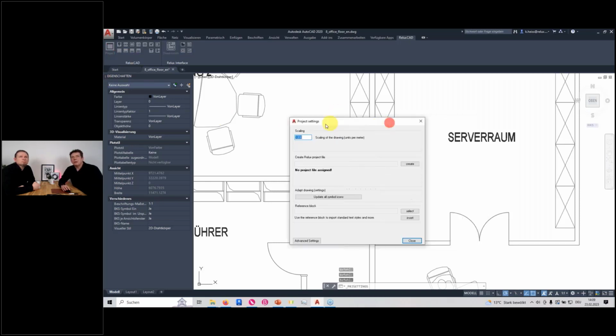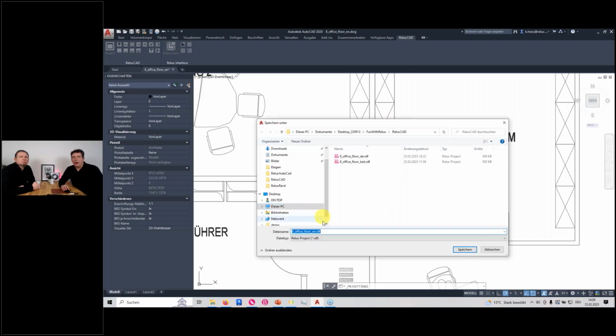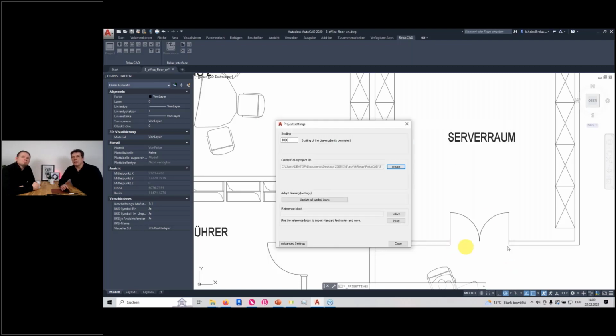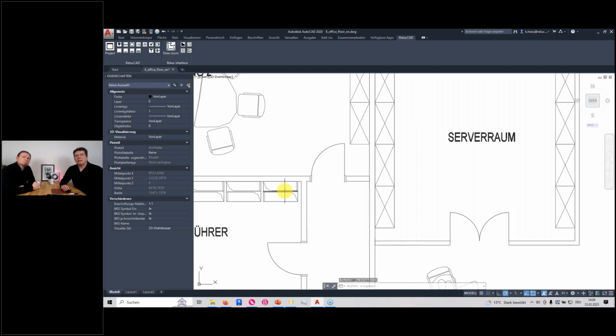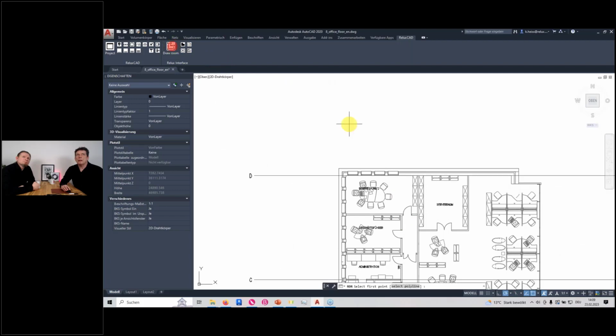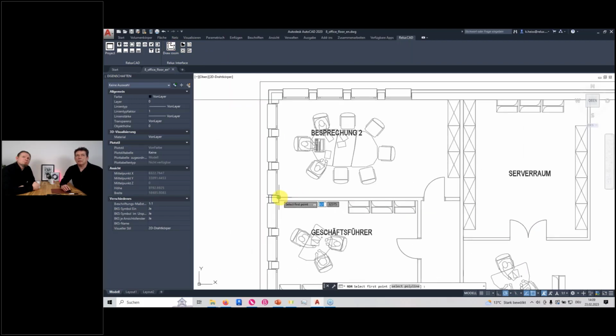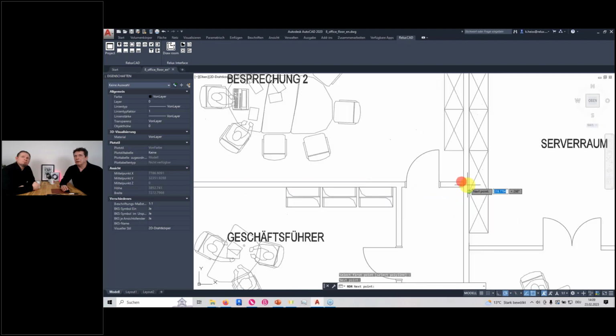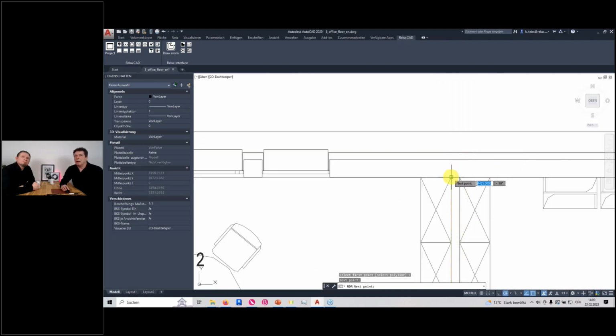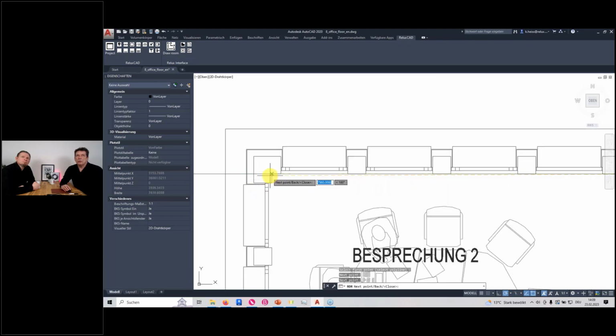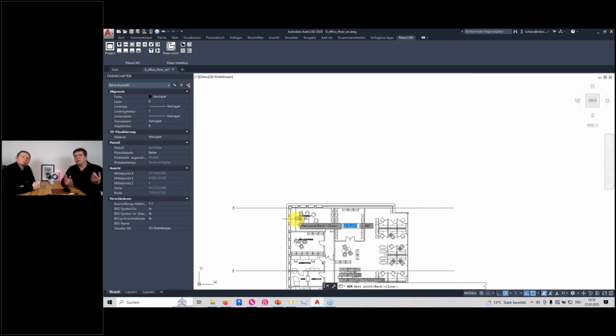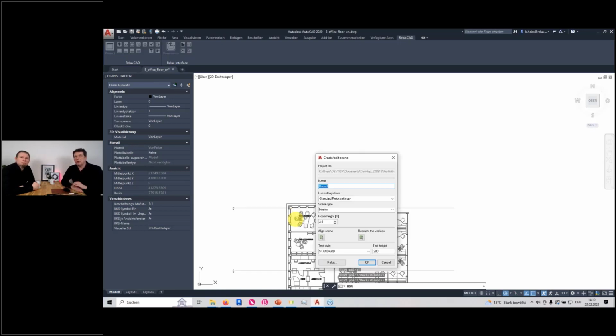In this dialog, I can now create a new file. I will create this new RDF file. At the moment, this is a totally empty RDF without any rooms, luminaires, or anything else. In the next step, I will start drawing rooms inside of this project by using the standard AutoCAD commands for drawing polylines and lines. You can use the snap as you know it from AutoCAD. At the last point, I can press enter,